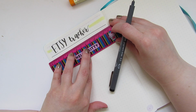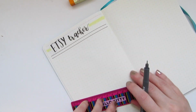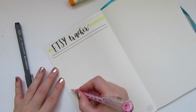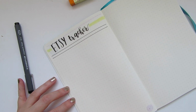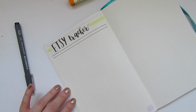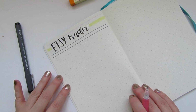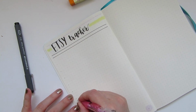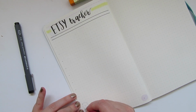I've started off with my Etsy tracker. This one is the simplest one. All I've done is created a grid on the page. I measured out the dots across and then the dots going down, and I decided to divide my grid into 12 sections. And I did the header first, which maybe I should have counted before I did the header, but